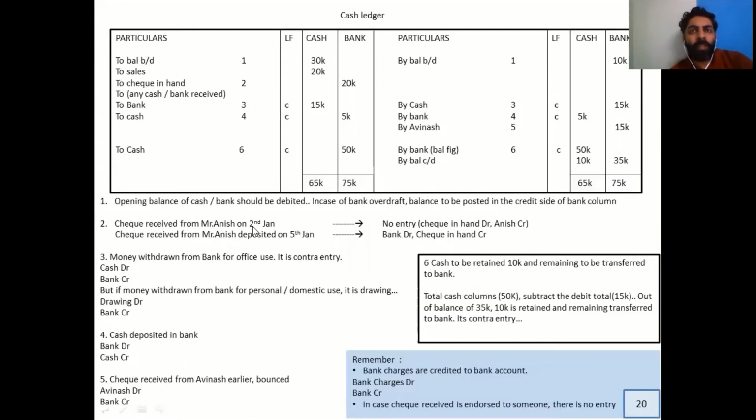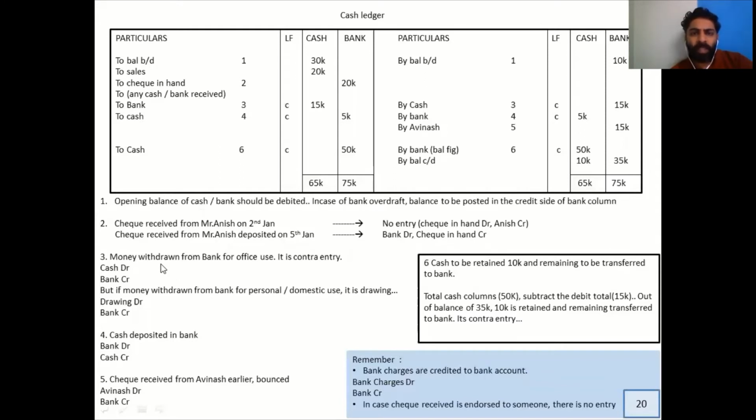There is an impact in the bank account. The bank account has been debited. So in the second journal entry, if you see, the bank has been debited by 20k. Under bank column, you have to write. Don't do a mistake of putting it in the cash column. All right. And another thing which I have seen students doing is they write in the particular column to Anish. It should be to check in hand. I hope the second transaction is clear.